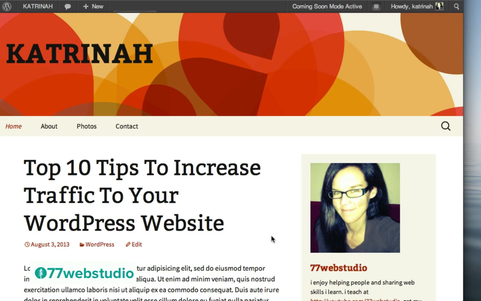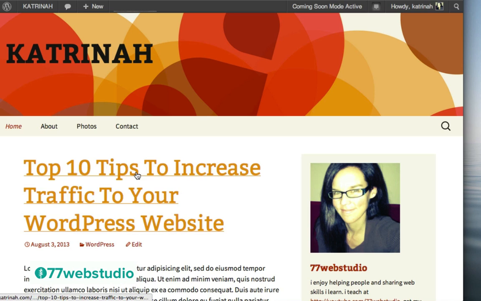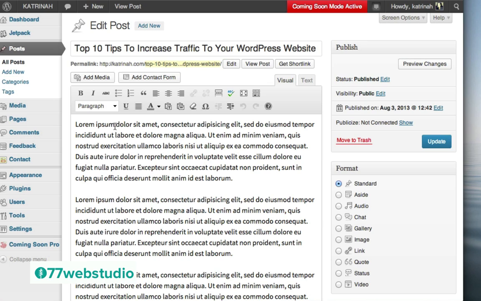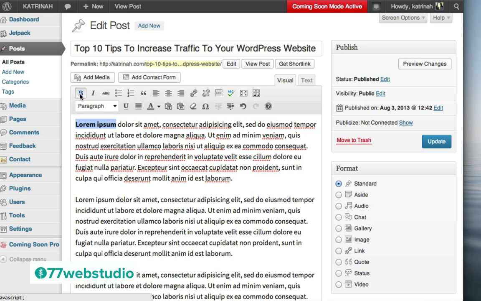I want to make one more note about another really cool feature in WordPress 3.6, and that is the revision or version control. So for example, when we click on this particular post, I'm going to click on Edit. And note here, when I make a change to this post by just updating it, I'm going to add some formatting here by highlighting it and clicking on the B to bold. And then I'm going to click on Update to update this post.